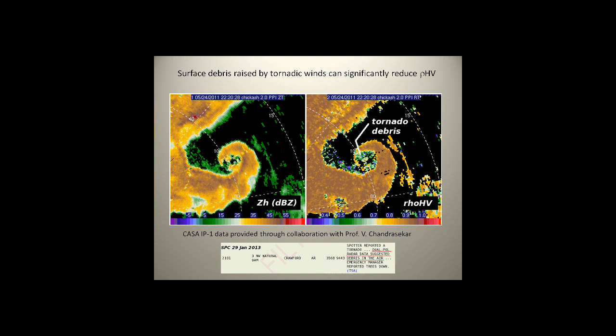Another state of affairs that significantly reduces the ρHV is debris lofted by tornadoes. So here's a reflectivity pattern. Now this is my one example. It's not from the CHIL radar. This is from a shorter wavelength radar that was operating in Chickasha, Oklahoma several years ago. It was provided to me by my colleague here at CSU, Dr. Chandrasekhar. So this is the reflectivity pattern, and those of you who are familiar with tornadoes will recognize the very